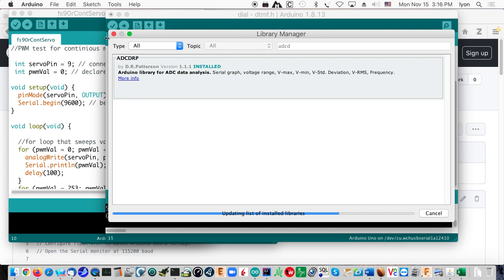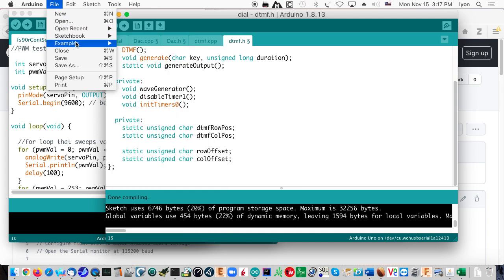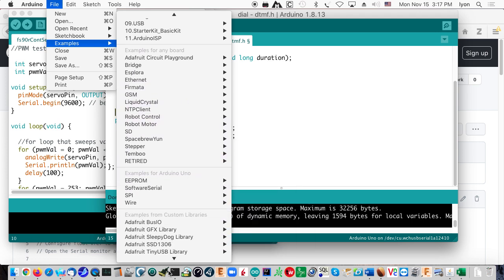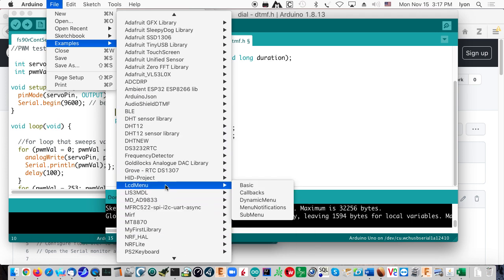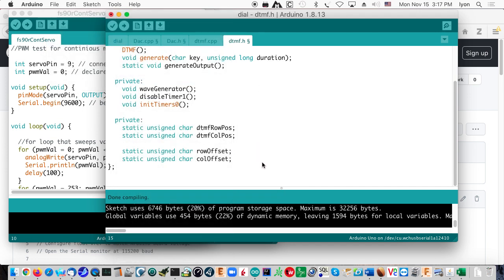And then what we'll do is close out of the library manager and go to examples, and that should update the hierarchic menu item so that the ADC is in there, and then that should bring up the example,